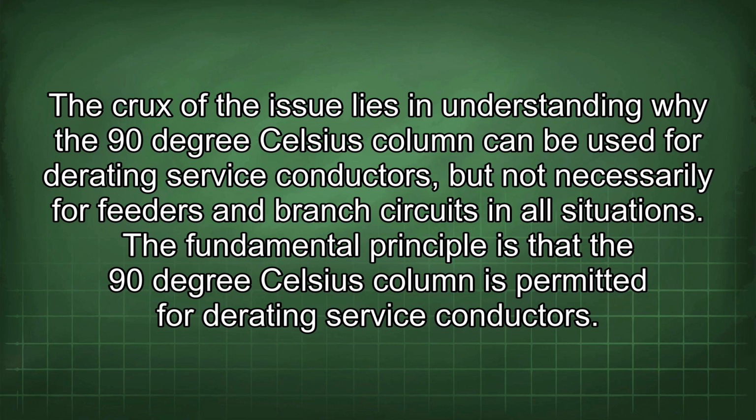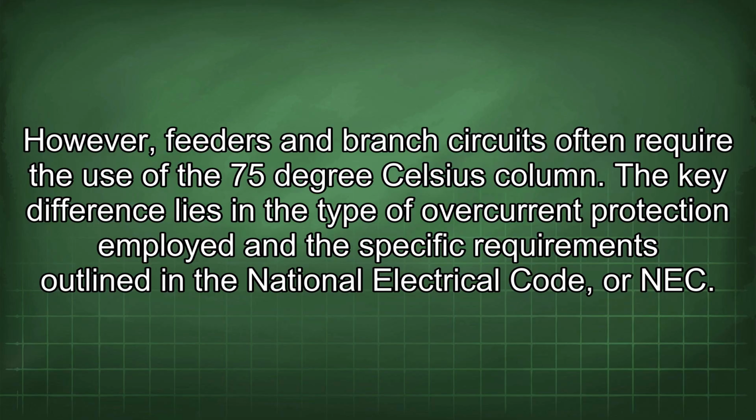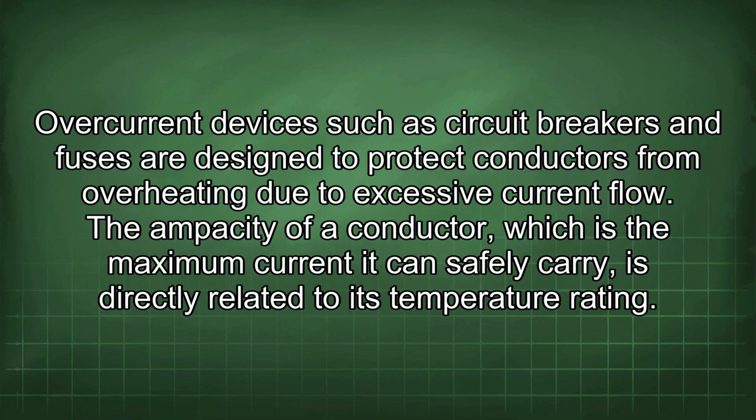The fundamental principle is that the 90°C column is permitted for derating service conductors. However, feeders and branch circuits often require the use of the 75°C column. The key difference lies in the type of overcurrent protection employed and the specific requirements outlined in the National Electrical Code, or NEC. Overcurrent devices such as circuit breakers and fuses are designed to protect conductors from overheating due to excessive current flow. The ampacity of a conductor, which is the maximum current it can safely carry, is directly related